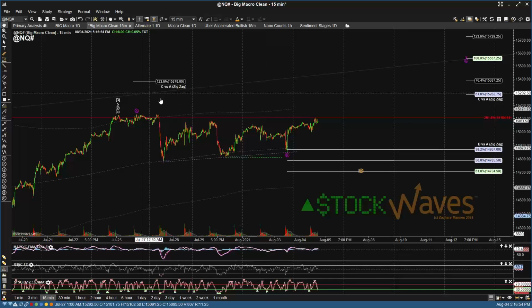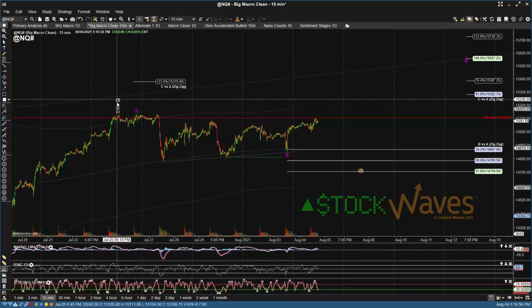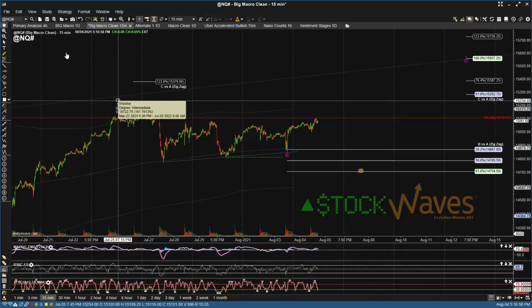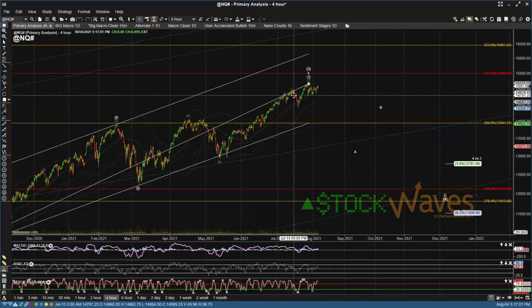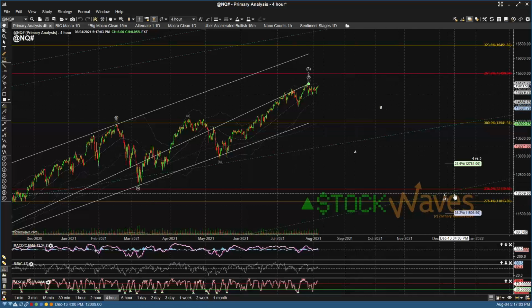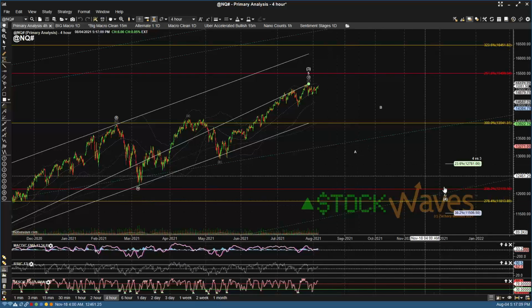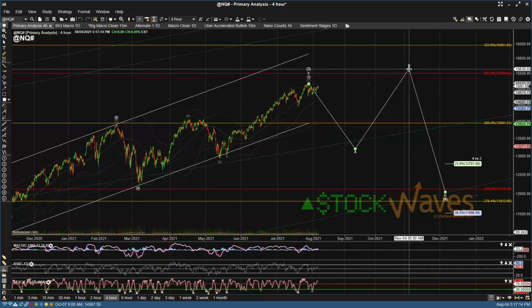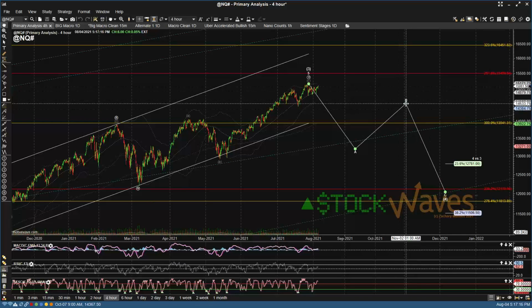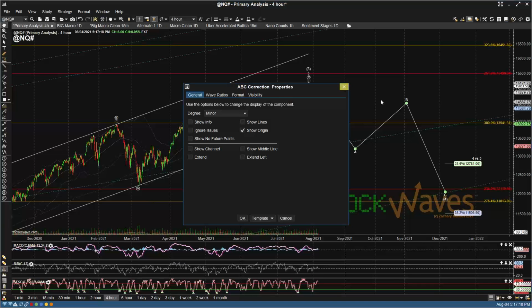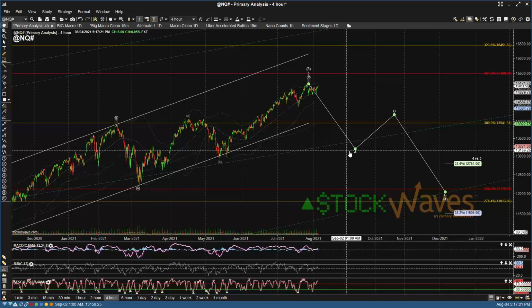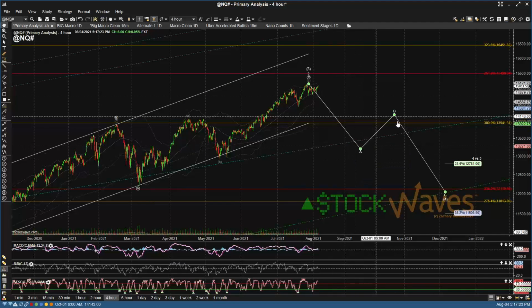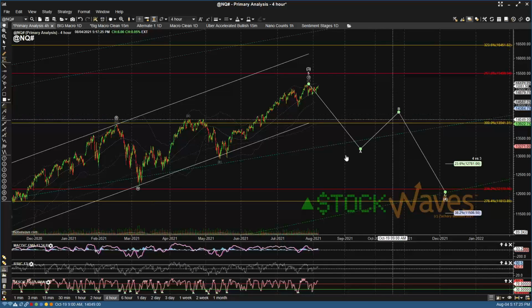But it starts to look more like maybe this did complete all of the parentheses wave 3, and then we are due for this larger ABC consolidation into the normal support regions that we would expect for a larger degree 4th wave, and that could take several months to play out. Certainly possible that we get an even higher high for the B wave again, or that this holds more as a running flat,